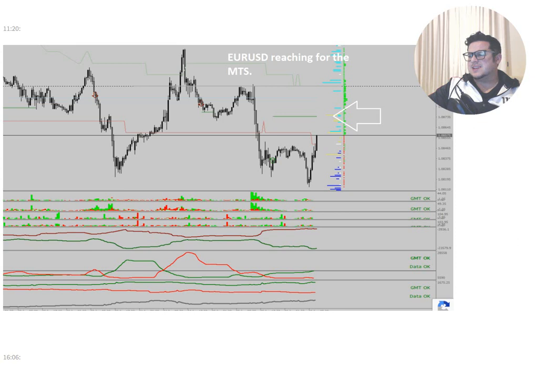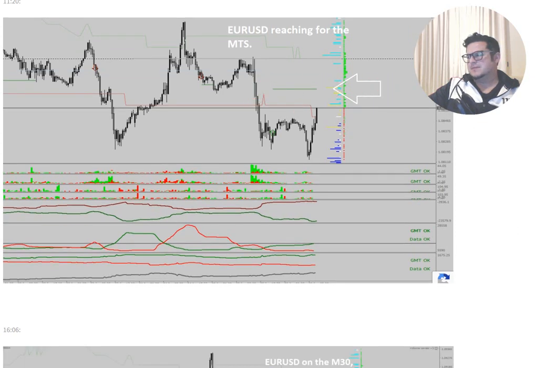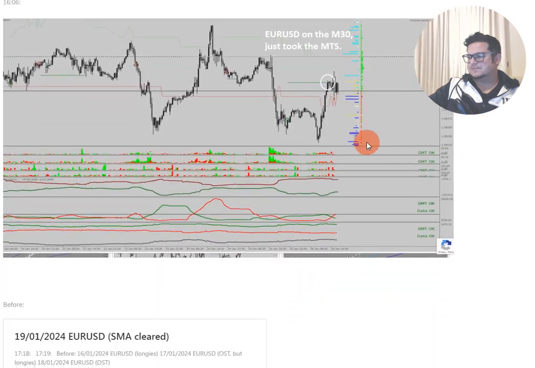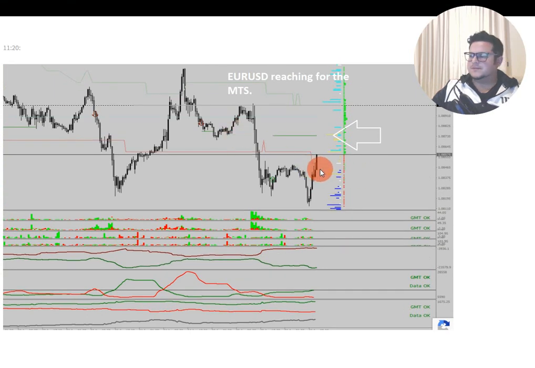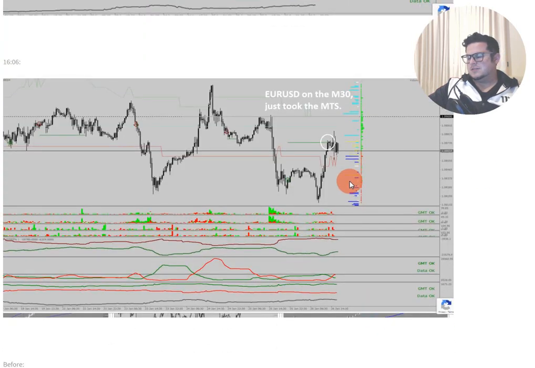And guess what happens here? Similar to the other example. After they cleared the low, then they go for the MTS run. Okay, so if you caught this trade early enough, nice long trade towards the target. Okay, note how the market is empty. So in this situation you get a cheap entry towards the target.